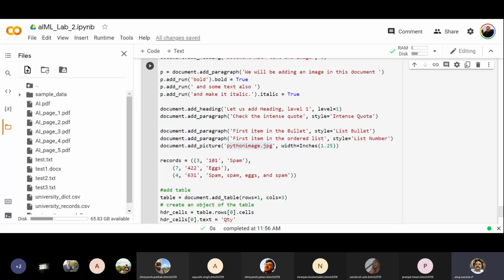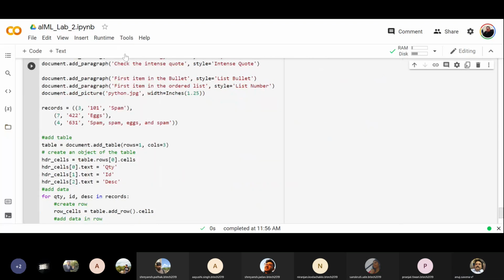Yeah, I have this file. There are two files, the JPG file and the other file. I just want the JPG file. Let's upload this python.jpg. So we have python.jpg. So I'll put it as Python. So we have